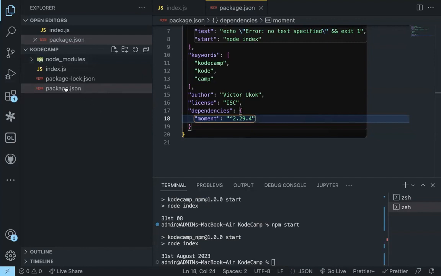So when you download or clone code on, let's say, GitHub, that package you cloned is not going to come with node modules. So if you want to install all the packages that are listed as dependencies,